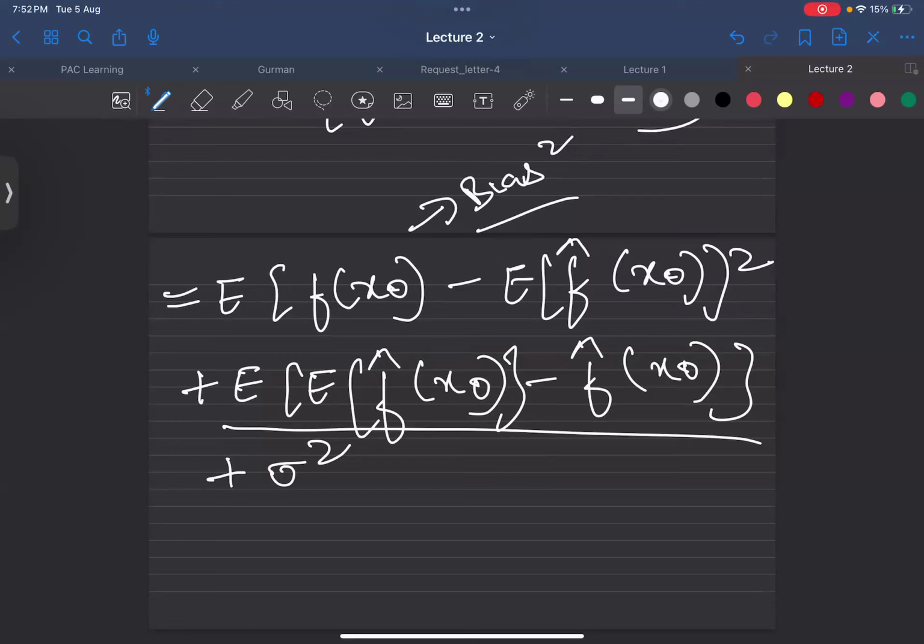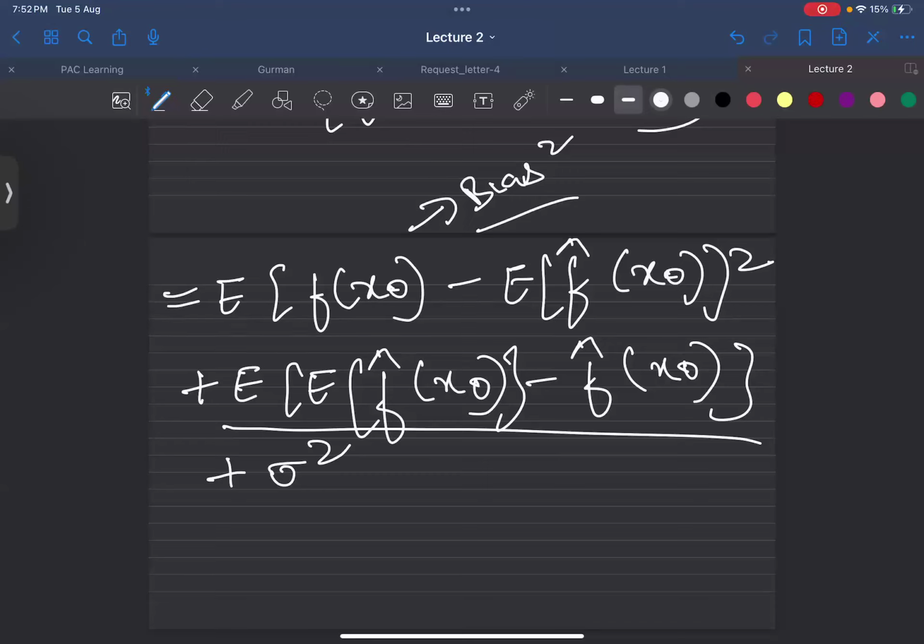If it is scattered from the target and from each other, then we can say it's not variance. There is no target in the variance. Variance is how scattered they are from the expected value, or how far the observation is from the mean, basically. So how scattered they are from each other. That is basically the variance.